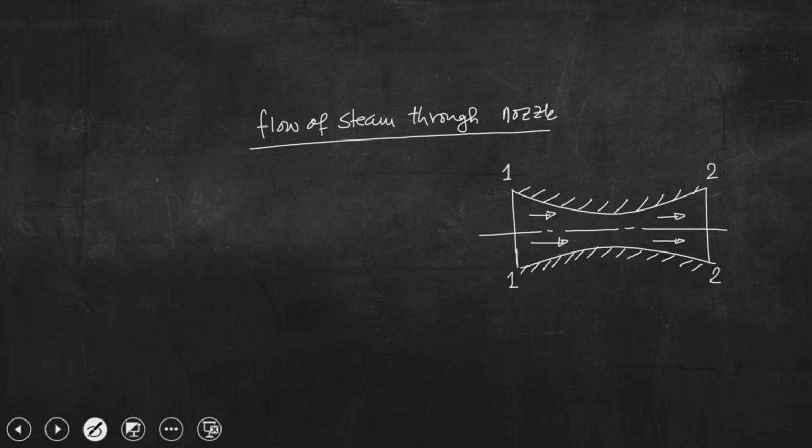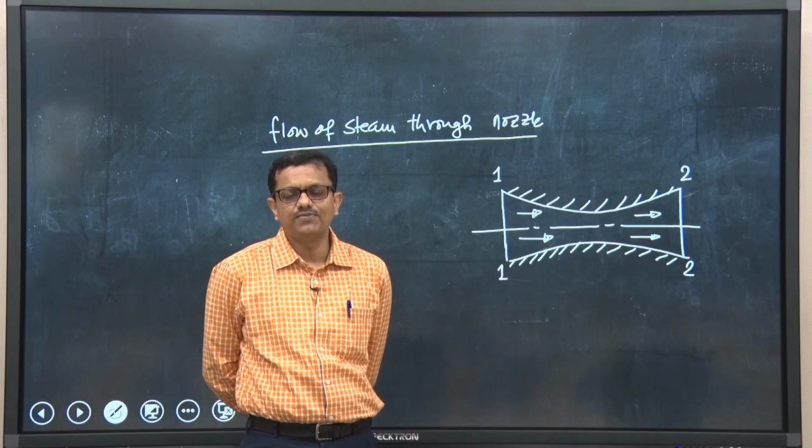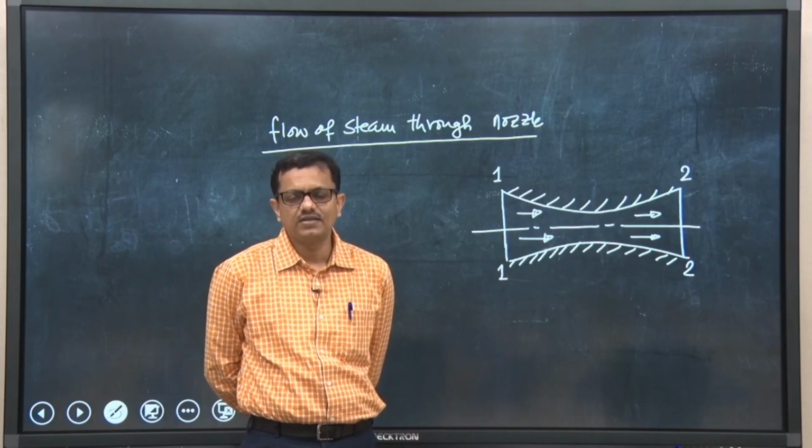When steam goes into the turbine, it is allowed to pass through the nozzles, and the steam comes out of the nozzle in the form of a jet